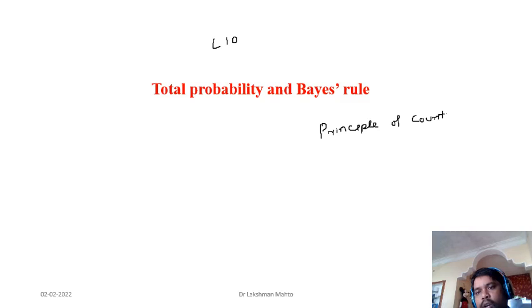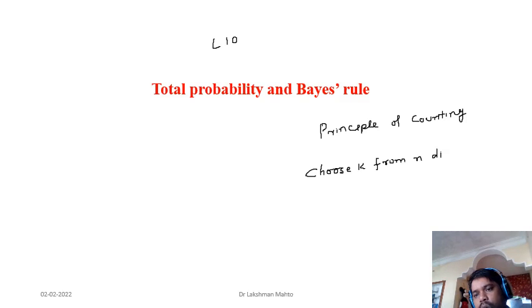Okay. So while doing the principle of counting, what you do is you are selecting, you are choosing k elements from n given distinct elements. So the principle of counting is dealing with choosing. You have to choose k from n distinct elements or objects. So this is all about the principle of counting.